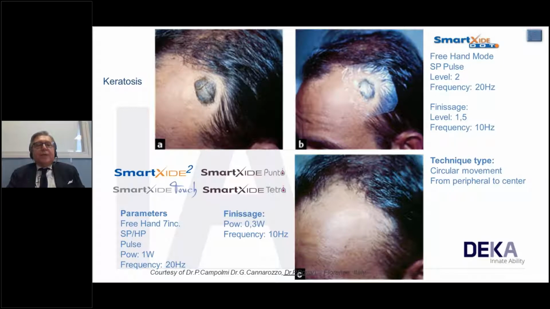In this case, we have a thick seborrheic keratosis. We use EMLA. Normally, we apply the EMLA with the freehand and with the fractional scanner 1 hour before, and the topical anesthetic starts taking effect in 10 minutes, and we can apply it a second time after 30 minutes. We'll see that the skin will get number and number as the time goes on, and so we can treat even this thick lesion with very low sensitivity from the